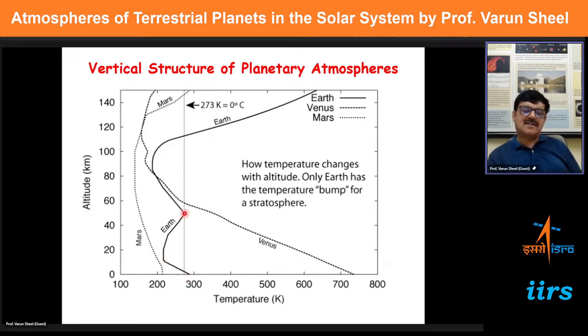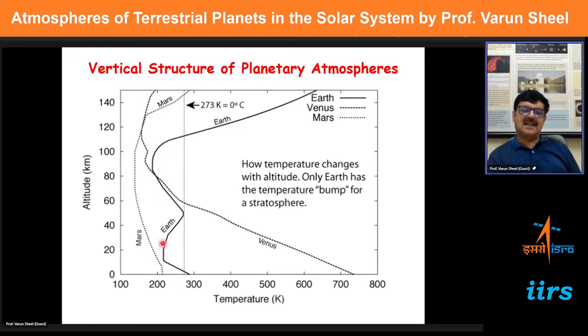And you can see this characteristic trend for Earth, where initially the temperature decreases. This is always a natural trend, because after absorbing the radiation from the sun, assuming the planet as a black body, it radiates back in the infrared. This infrared radiation is absorbed in the atmosphere, and that is what leads to the temperature. So therefore, you are moving away from the source, and the temperature falls naturally, as you know, in the Earth's atmosphere.